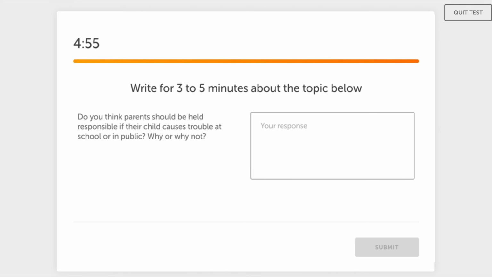Okay, the second update is to do with the writing sample that comes at the end of the test. Previously, this was an ungraded task, meaning that it wasn't going to affect your final score at the end. But that's changed. This is now going to be a graded task. This writing question has basically remained the same. You still get between 3 and 5 minutes to read a question and answer it, but now it does contribute to your overall score as well as your production and literacy scores. On top of that, the universities you're applying to can still read your answer. So it's now become one of the most important questions on this Duolingo test.